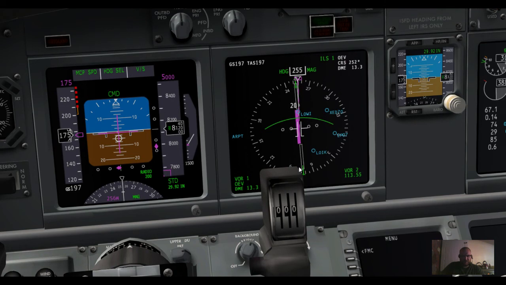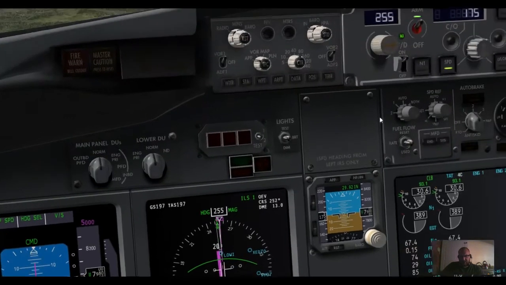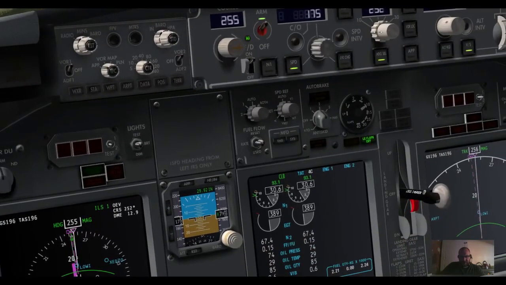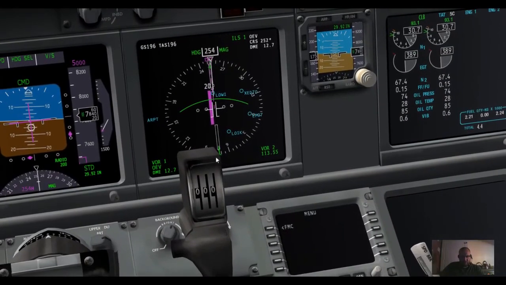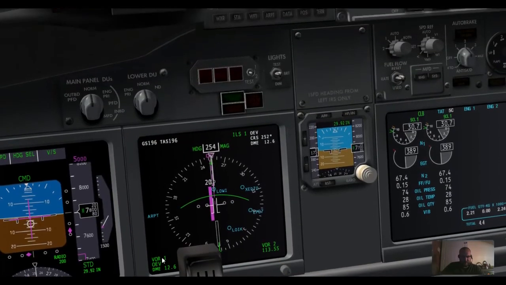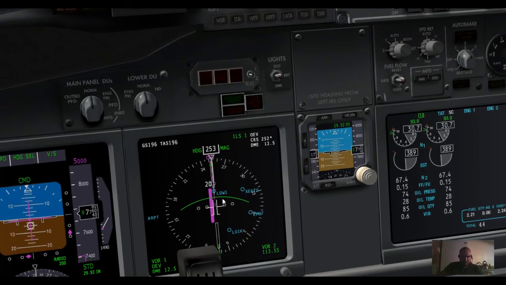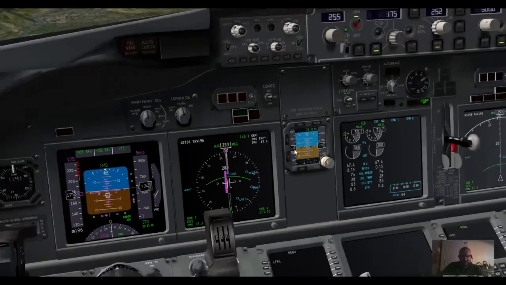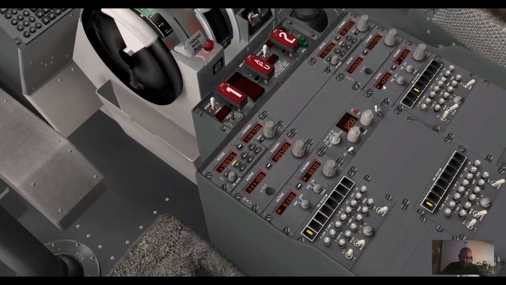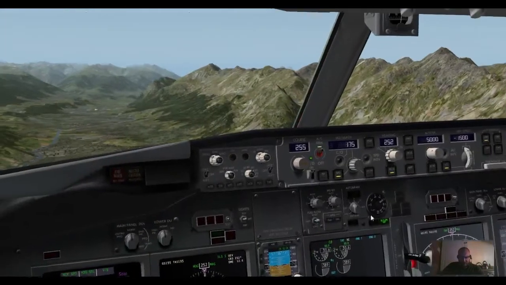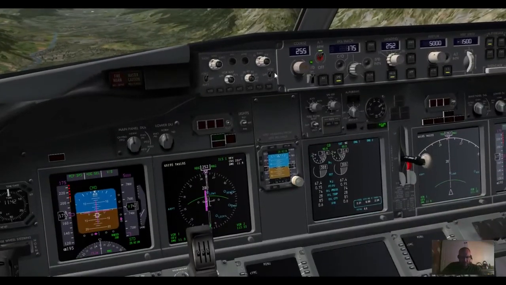We don't want to go past Absan because that means we'll need to make more of a turn. So what I'm going to do is, again, we're drifting slightly, so I'm just going to change the heading there. I've got it set to follow the VOR, which is basically going to take us to Absan by 6 miles, and I'm going to put in the Innsbruck VOR, which is on 420. If you remember, I'm just going to turn that on this side,